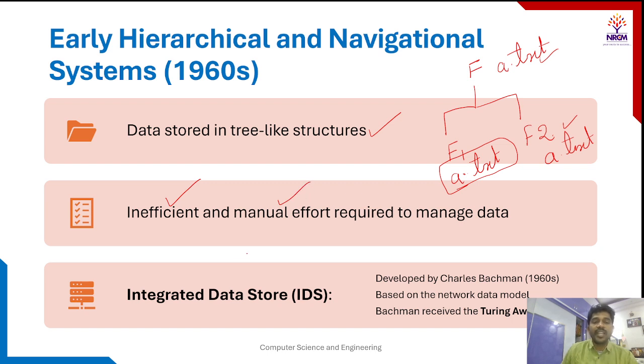This is an inefficient system and more manual effort is required. To overcome that, in the 1960s, Charles Bachman introduced the Integrated Data Store. This is a kind of database. For that work, he received the Turing Award, which is a top award in computer science. And next,